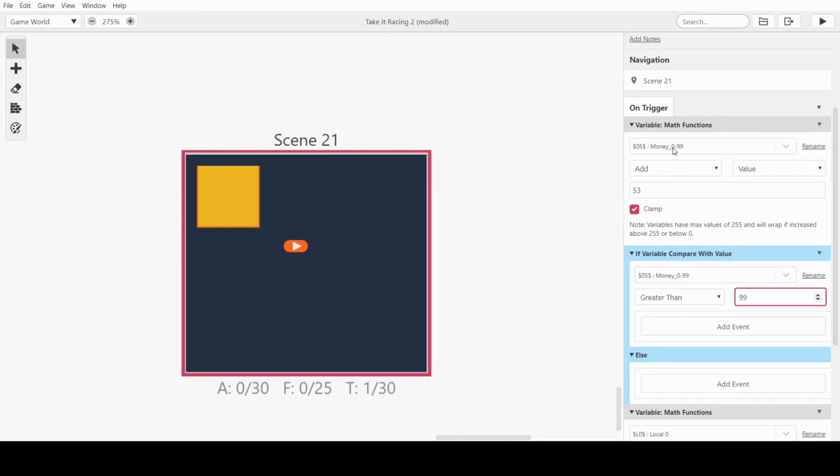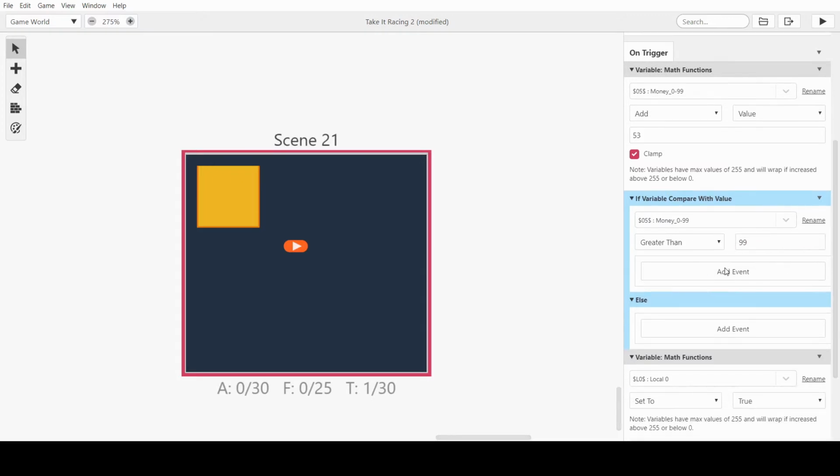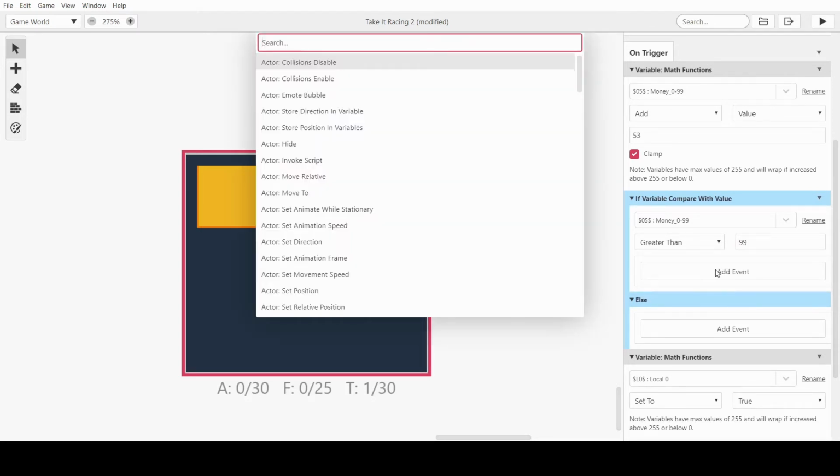Think of this first value as the singular digit and also the tens digit, and this next one being the hundreds value, and then the tens of hundreds value. So here we can say if it's greater than 99, we want to